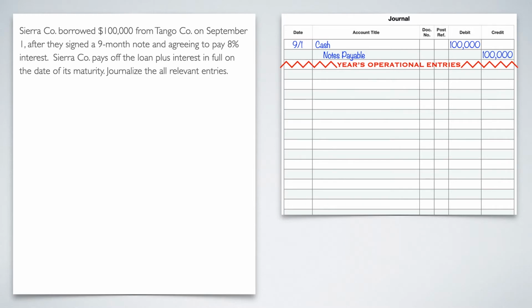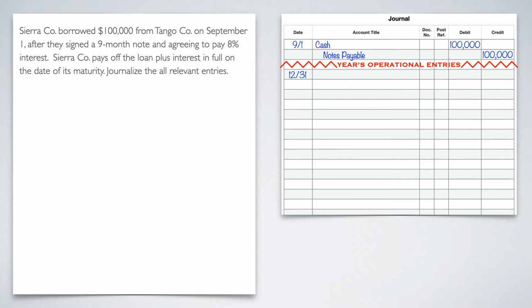And then we get to 12/31, because remember, just like we did with notes receivable, if it goes past December 31st, we need to stop on December 31st and do an adjustment for what we have either accrued or we have used or built up. And so 12/31 is our adjustment date. So we need to calculate how much of this interest have we accrued. How do we do that?